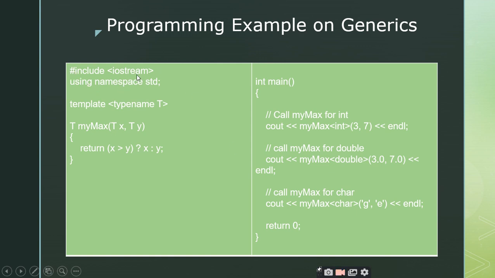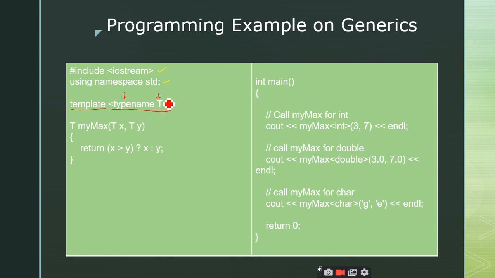Right. So let us see the same thing. Here I have hash include iostream and using namespace std. Okay, and see here, every template definition should start with the keyword template, and after the template you have angle brackets, and within the angle brackets you have to specify the keyword type name followed by the variable.